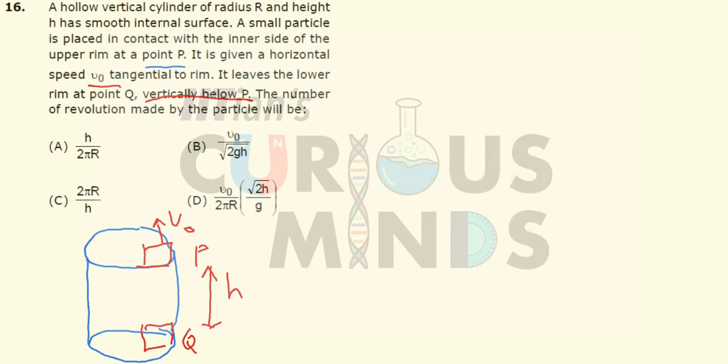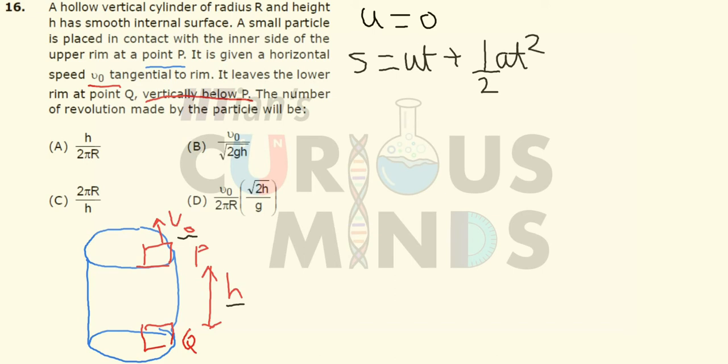Now it is very simple, it is a very straightforward sum. Now the initial velocity given is horizontal. So basically in vertical the initial velocity is equal to 0, so u is equal to 0 in the vertical. Final velocity I do not know the value, it is covering a distance h, so I will use the formula s is equal to ut plus half at square, where there is only gravitational force in the vertically downward direction. So instead of s I can write it as h, initial velocity is 0, half g t square.